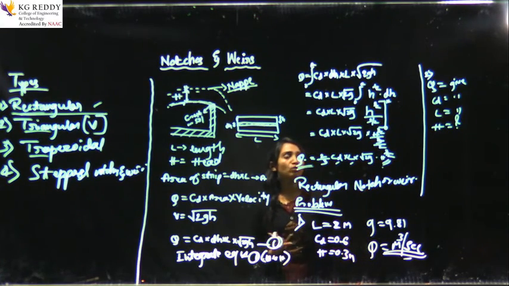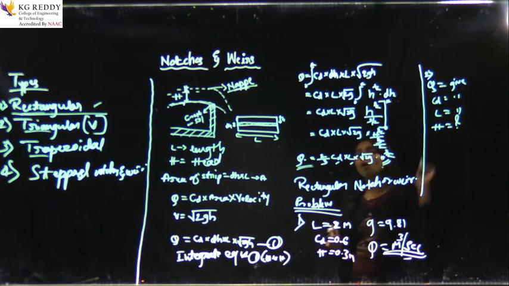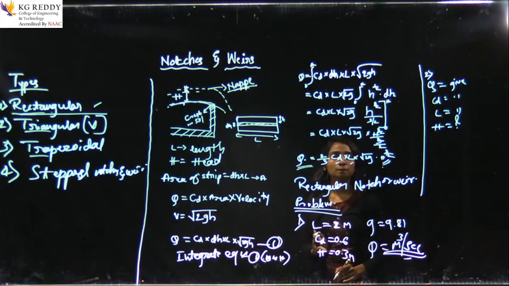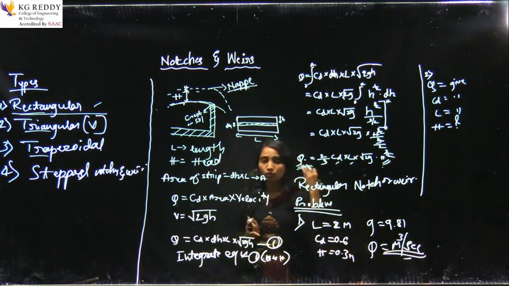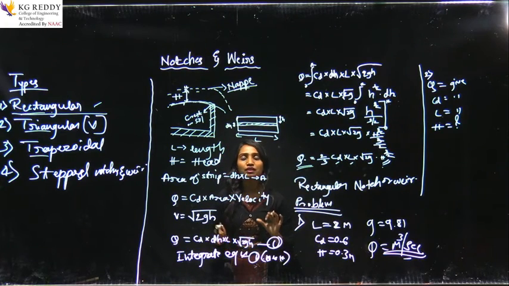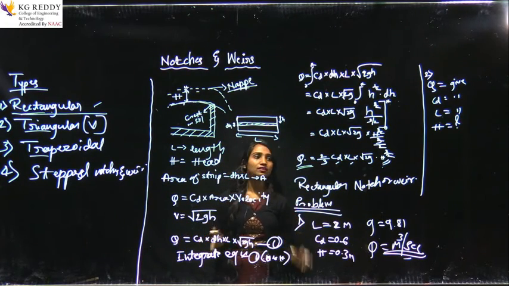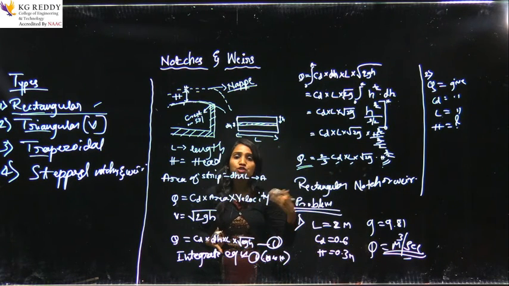When they ask about the head or the discharge, please observe which factor I should find first. If you substitute all these, you will get H. When they ask for H, what we have to remember always is you should operate the calculator very carefully, because H raised to 3 by 2 is the raised-to term here. So the calculator operation should be done very carefully.